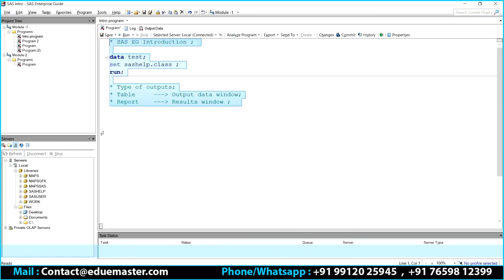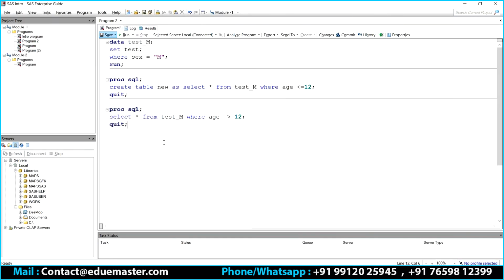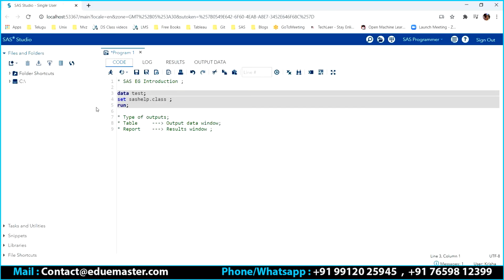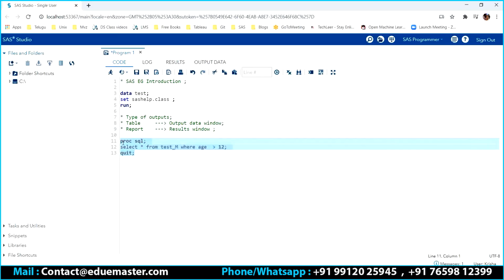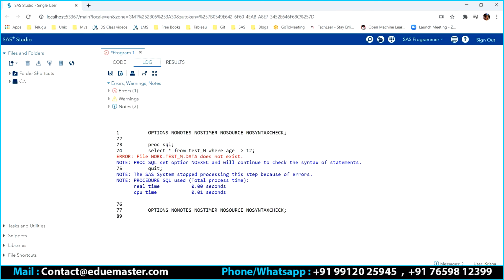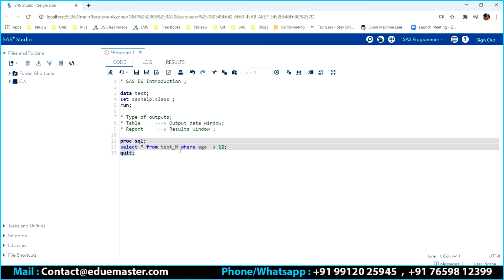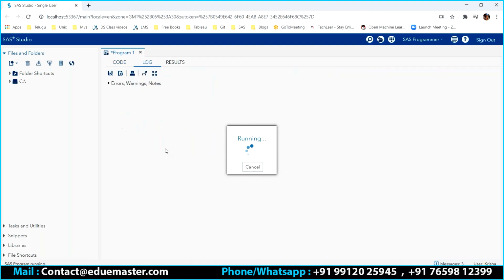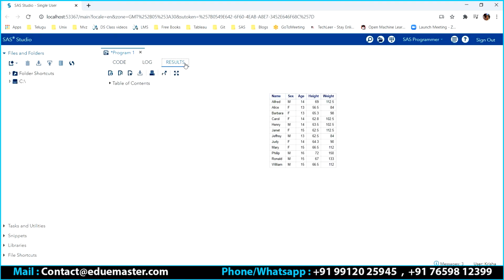Let's work on one of the programs where I'm going to generate a report. You can see this is a report. See this carefully. Now I'm in the code window. This blue one will automatically shift to the results after the execution. There is an error, because I don't have a file called test.test_em. So I'll go with the other file here, because we created that in program one. Now you can see the output goes to the results. I don't have an output data window now, only the results window. In the results window, my output is there.